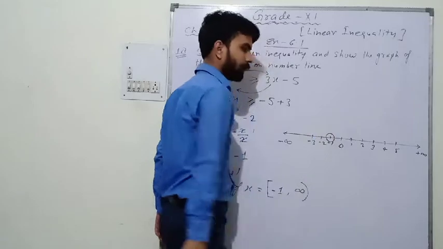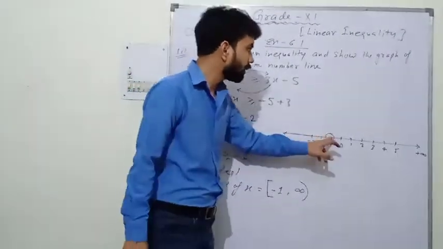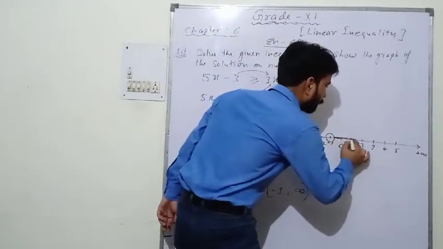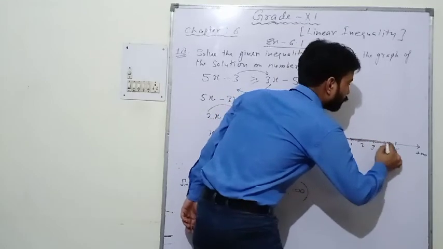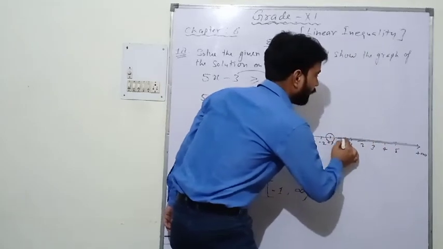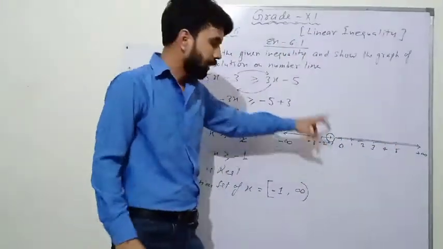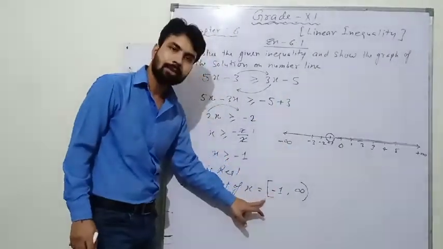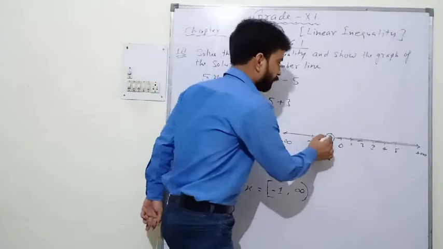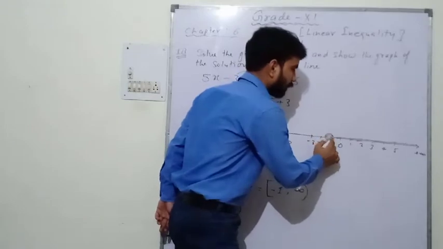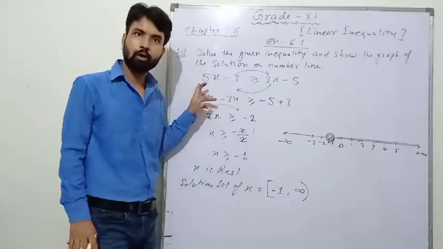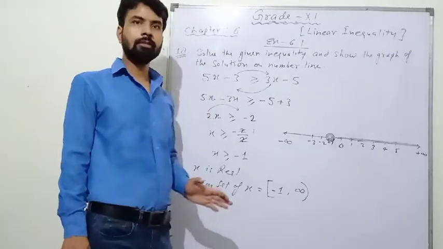We will have to draw a circle, and we will start a dark line till plus infinity. So we will have to dark this remaining portion of the number line till positive infinity from minus 1. But see, at minus 1 there is a square bracket, so we will have to fill this circle also, means we will have to dark this circle. Now this is the graph for the solution set of this inequality. Hope it is clear. Okay students, now pause the video and note it down.